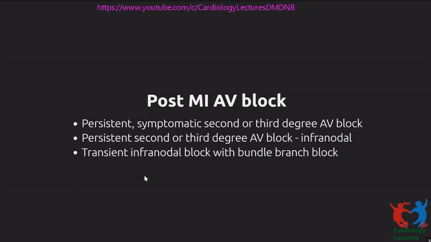If you have transient AV block in a patient after an MI and it resolves, if you have complete resolution, that means you have a narrow QRS with a normal PR interval, you do not need to pace them. But if there is a residual bundle branch block, it is considered an indication to pace. Even though their AV block is resolved and they have 1:1 conduction, if they have a residual bundle branch block, it is an indication to pace because they have a high risk of developing AV block again.